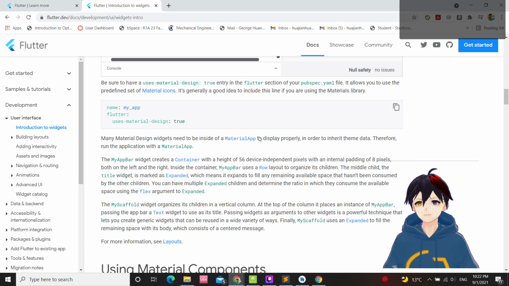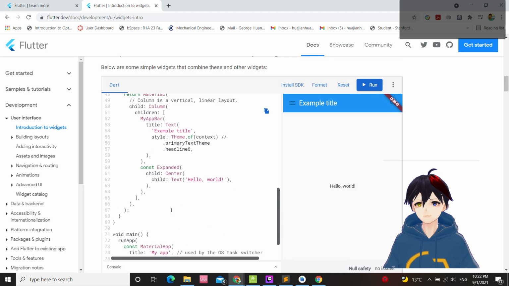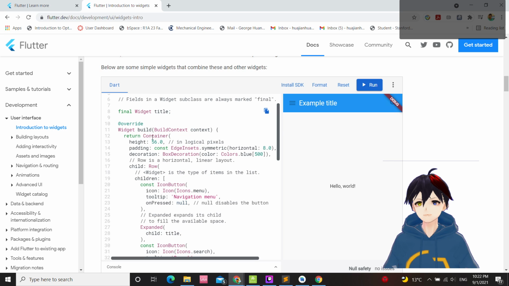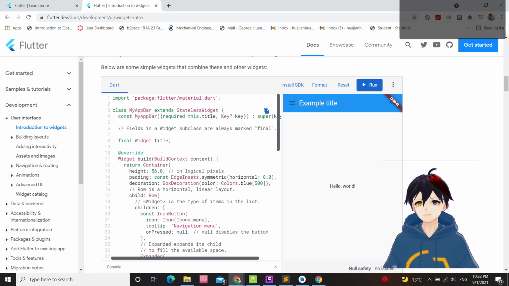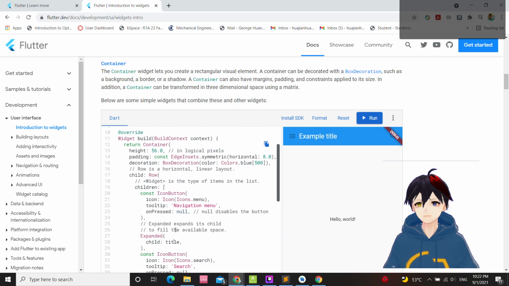So we have the app bar and then the body. My app bar, this is like calling a function. It passes the title in there. And we can look at where the app bar takes in the title. Row children, press child title.